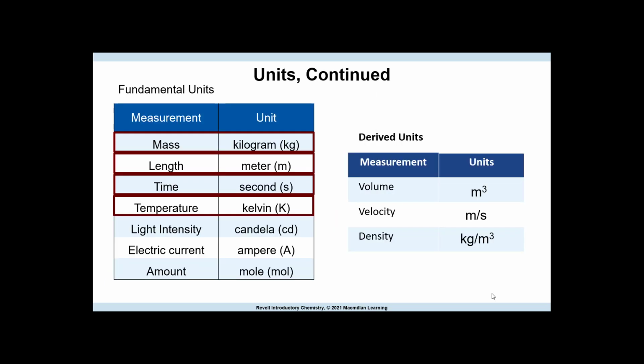Okay, so fundamental units, these are the main units that we use for the metric system. Mass is kilograms. However, kilograms is a very large unit, so we tend to use grams and smaller, in fact. Length is meters, time is seconds, and one thing I want to point out here is the units, the abbreviations. This is kg, this is m. Seconds is not SEC, that would be wrong and would be marked wrong, it is S. And we're going to do examples, so this is not going to be a shock to your system when we start doing problems.